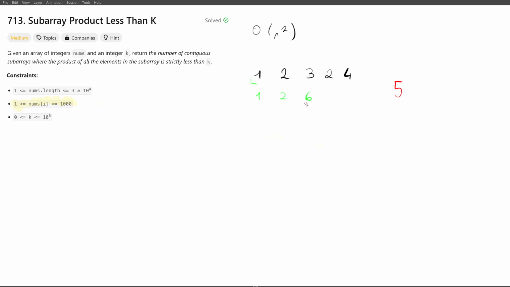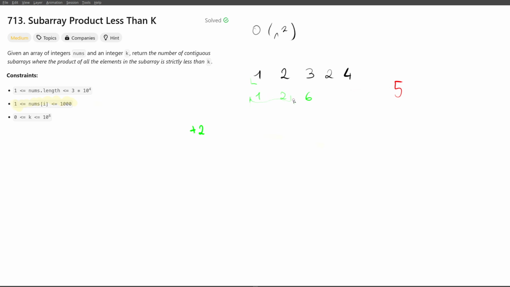And now product of 6 is already too much. So we can take the length of this previous correct subarray, and calculate the number of subarrays that can be created starting at 1, and that is of course 1 by itself and 1, 2. So now we add 2 to our res, and now we have to move our left pointer to the right